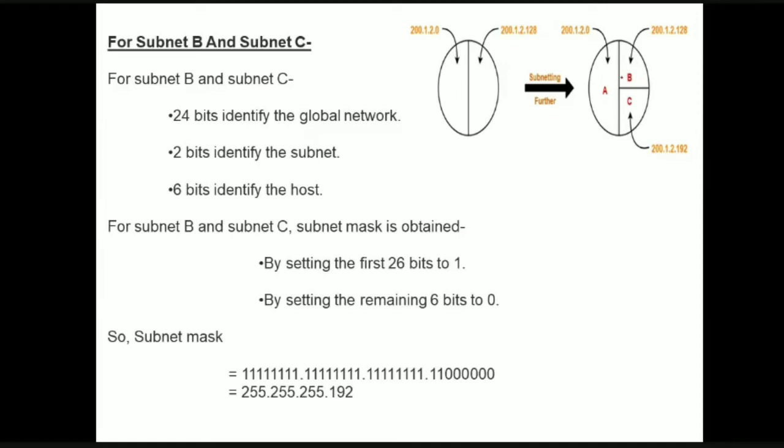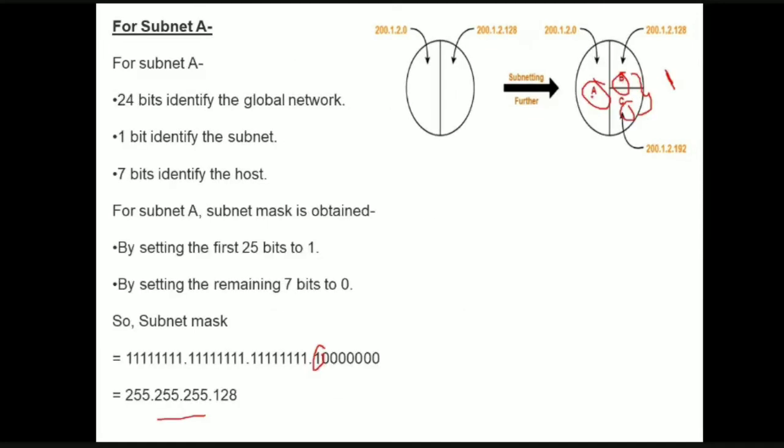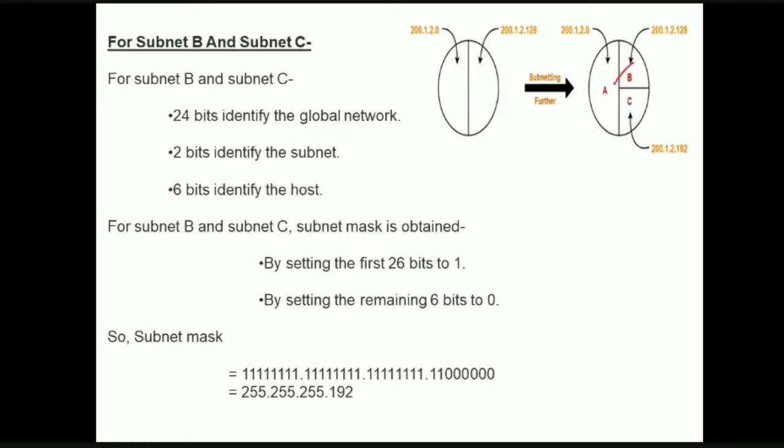Now if you come for subnets B and C, this one is for this particular first subnet. That is, we have divided this into first network and second network, right? Sorry, not for this one. So this is for the first subnet, and this is for the second subnet. So this one is for dividing this into first subnet and second subnet, and the next one is, now we have again divided this second subnet into 2 subnets. So for this one again we use this one.